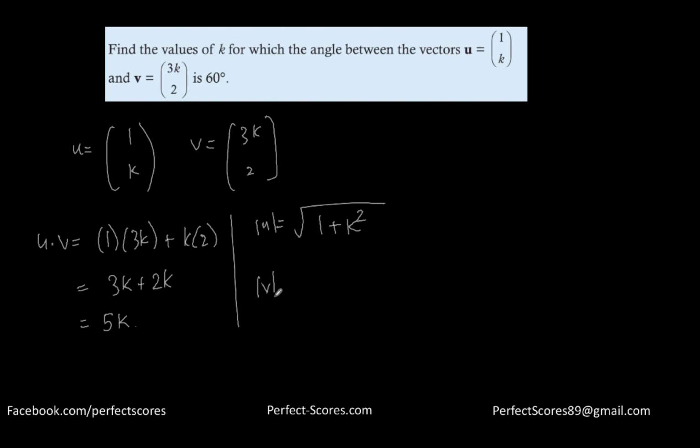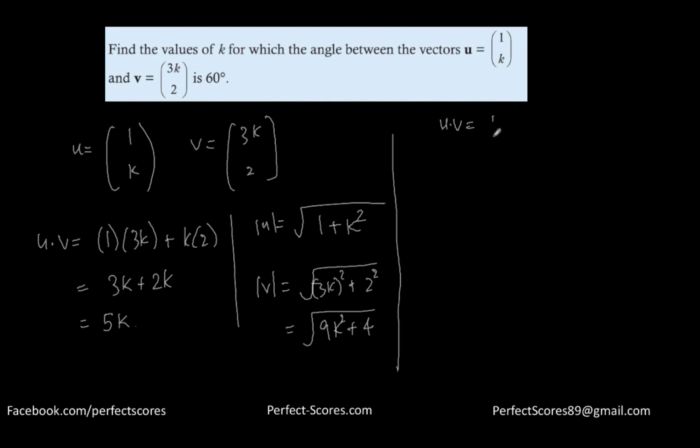and magnitude of v is going to be the square root of 3k squared plus 2 squared, which is equal to the square root of 9k squared plus 4. Which means u dot v is equal to magnitude of u times magnitude of v times the cosine of the angle between them. So what is u dot v? U dot v is nothing but 5k, and what's magnitude u times magnitude v? That's square root of 1 plus k squared times the square root of 9k squared plus 4,